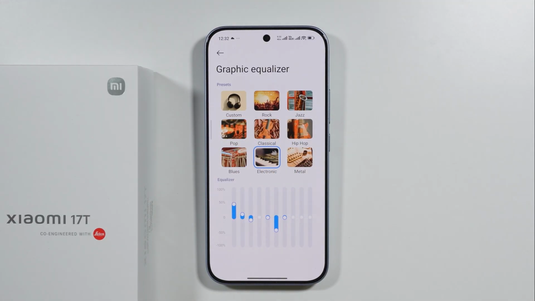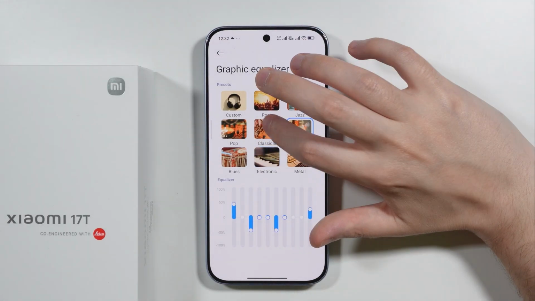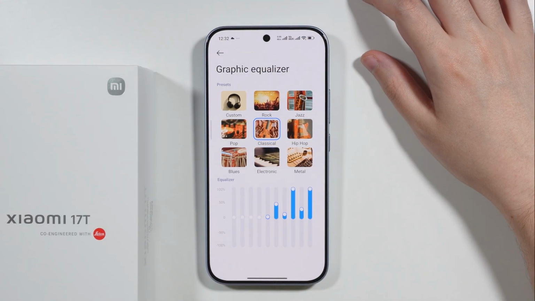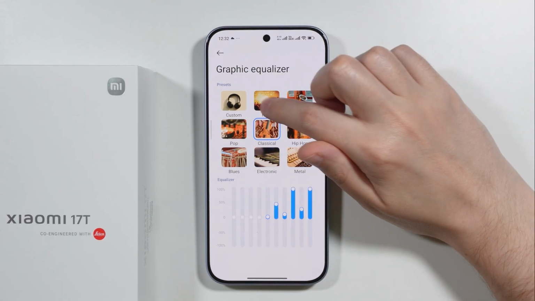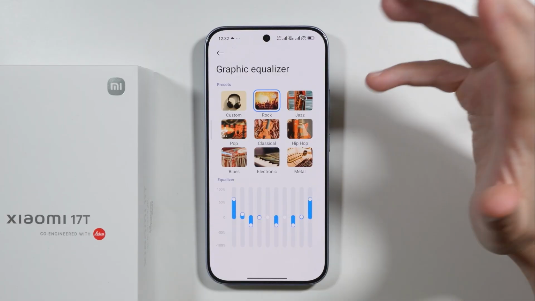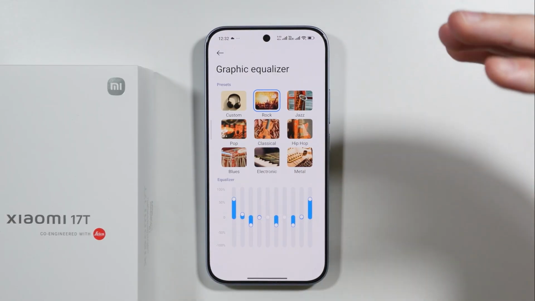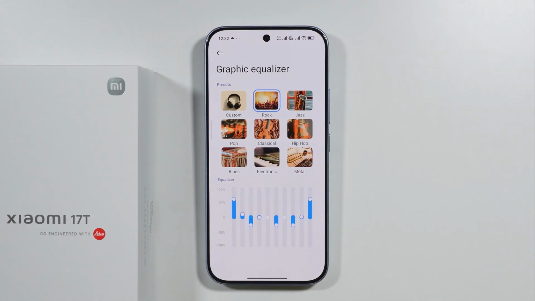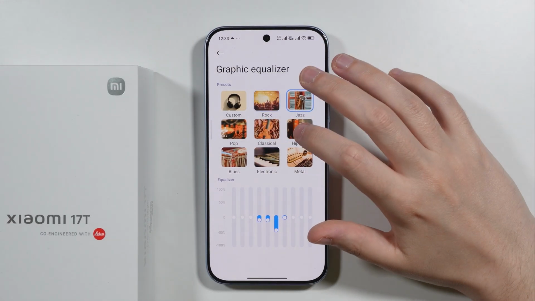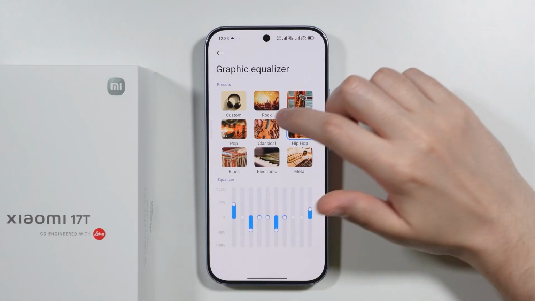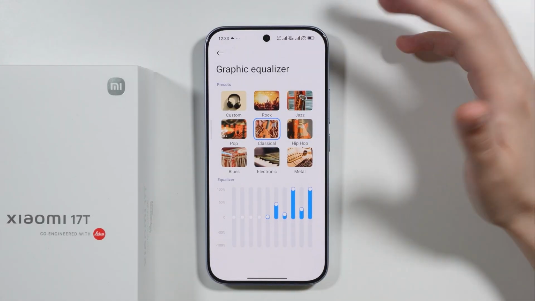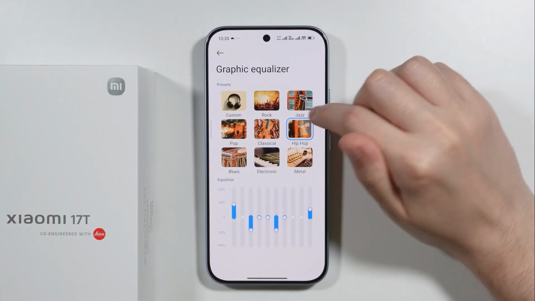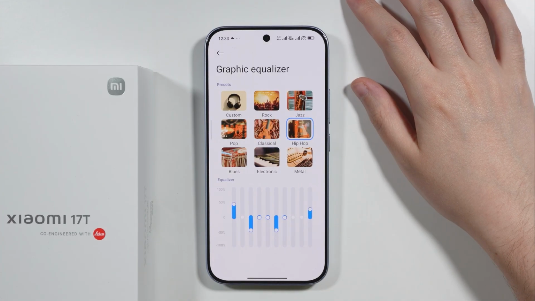Of course, everyone has a different taste, so you might find different presets better than others. I personally like the rock preset, and I think it's my favorite, but I know that some people might not like it. That's why I'm not actually telling you to straight up just use this one and nothing else. It's more like suitable for everyone, so if you want to, you can of course play a song or something,